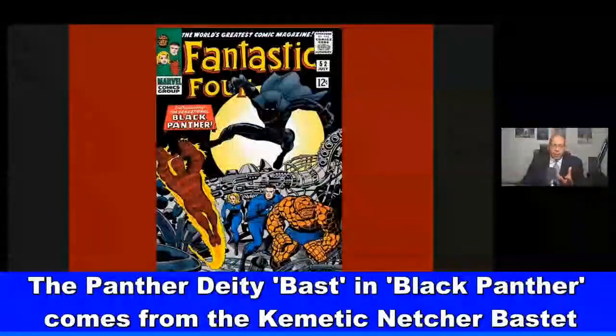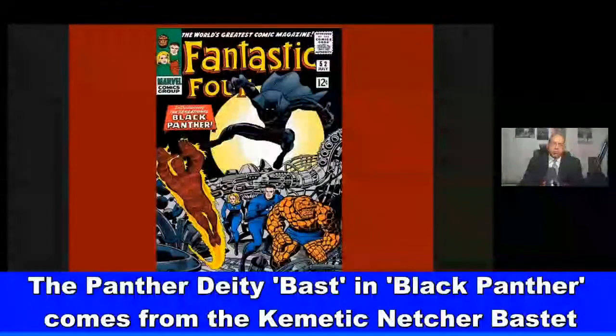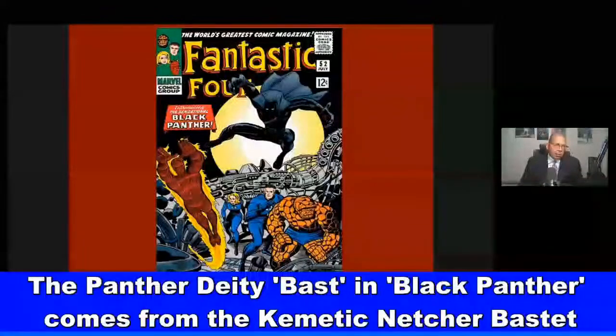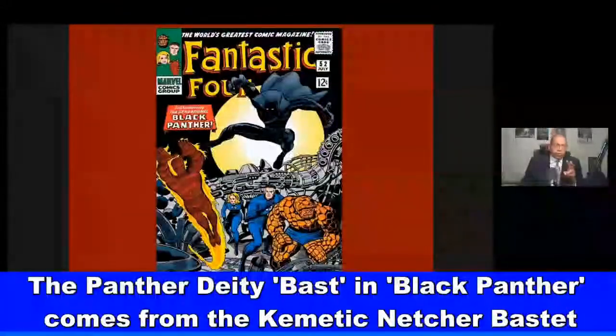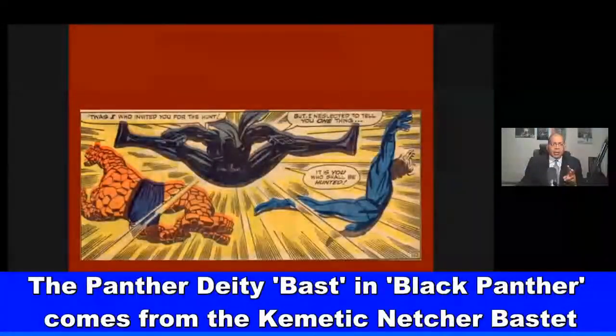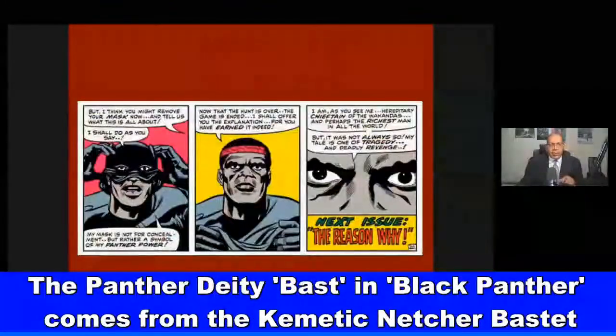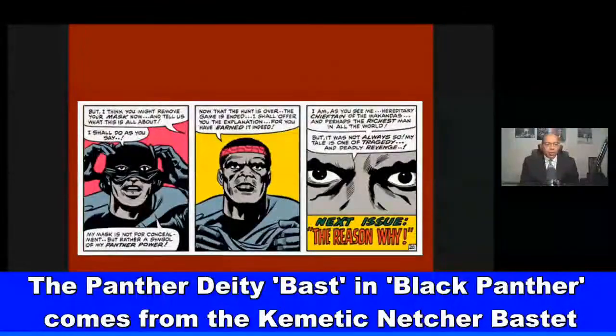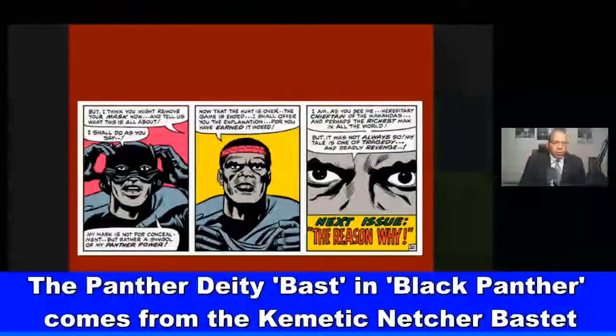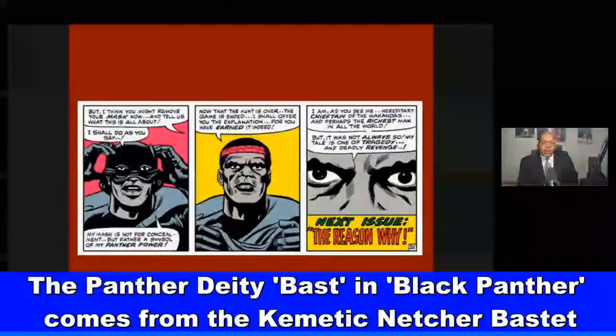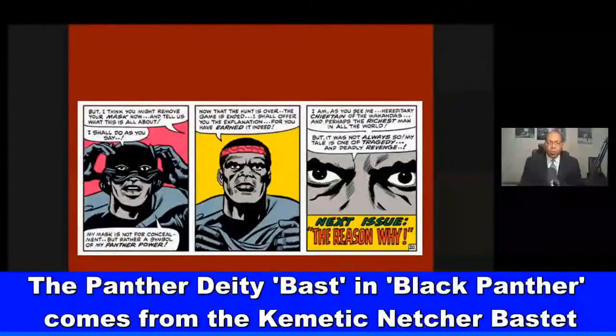So we know the character of Black Panther, T'Challa, was introduced in Fantastic Four issue 52, July of 1966. And it was a 2-part series. And in this comic book, in the first part of the story, T'Challa defeats the Fantastic Four in their own comic book. Okay. And this was the first time we saw like an African superhero like this, or a black superhero like this. And he talks about at the end of issue 52, as you see, the chieftain of the Wakandans, and perhaps the richest man in all the world,